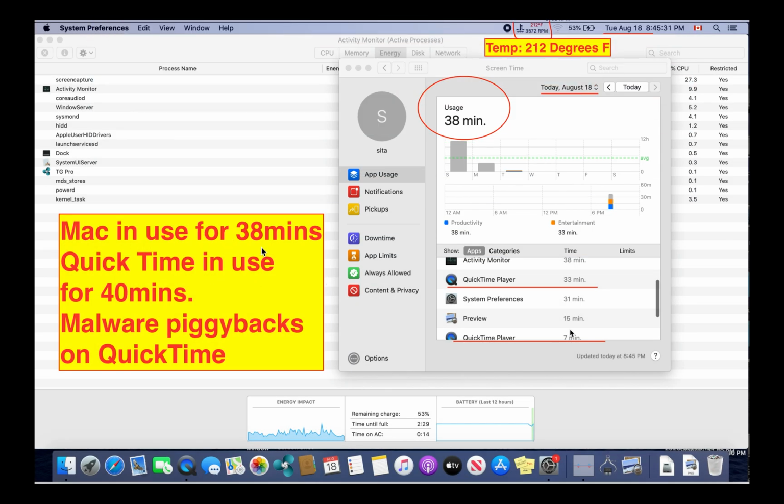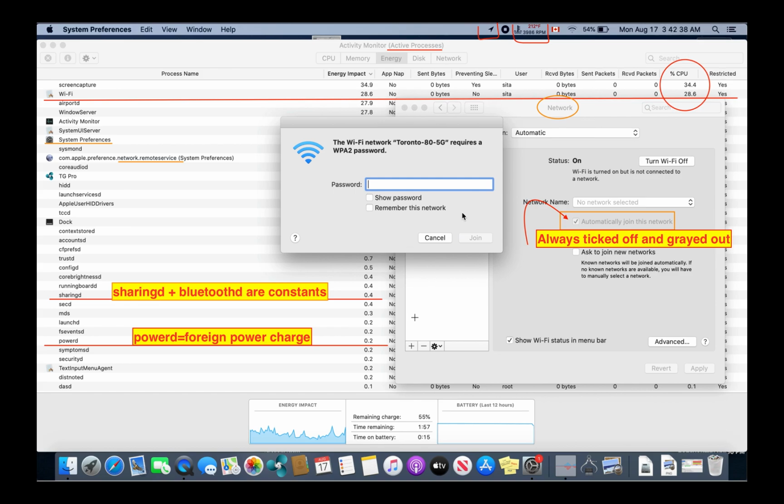Alright, Mac in use for 38 minutes, QuickTime in use for 40. Look at it, 38 minutes, but 2 QuickTimes are already in use for 40 minutes. Right, in-app usage. Yeah, kernel task is at the bottom there. 212 degrees, like I said, automatically join this network, always ticked off. Sharing D, Bluetooth D is constant, power D is a foreign power charge. And Stalker is able to change fully green here to fully white. It says